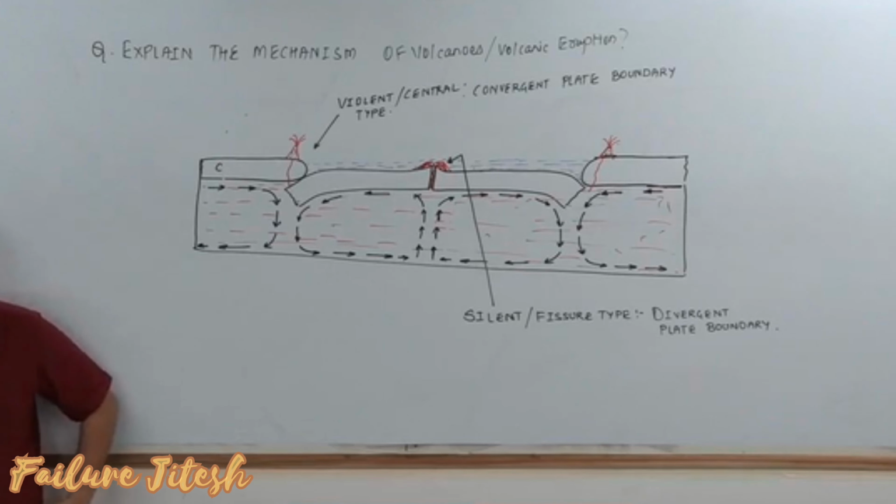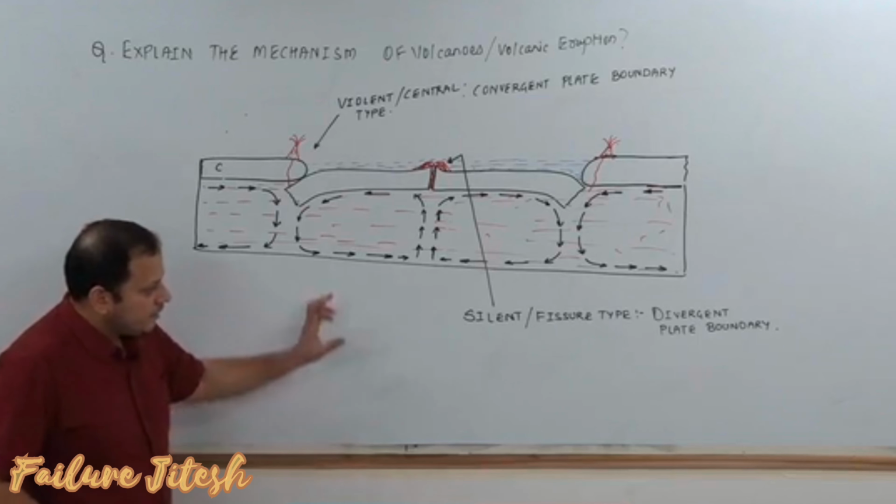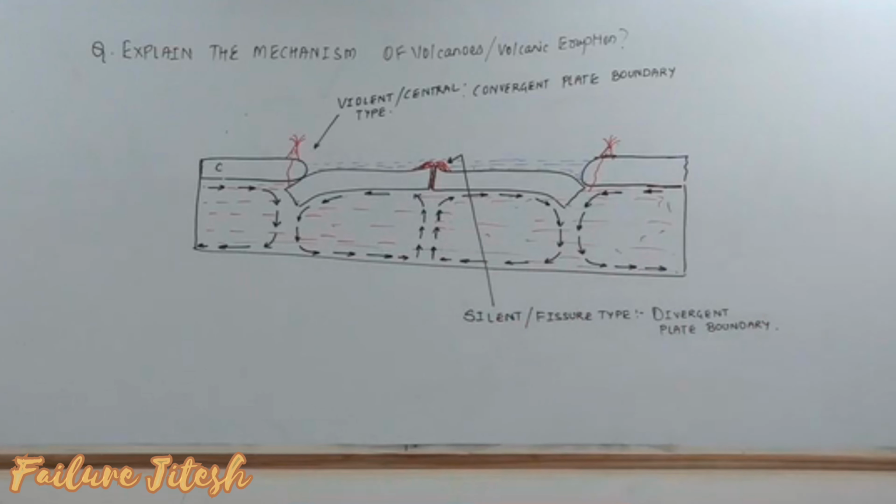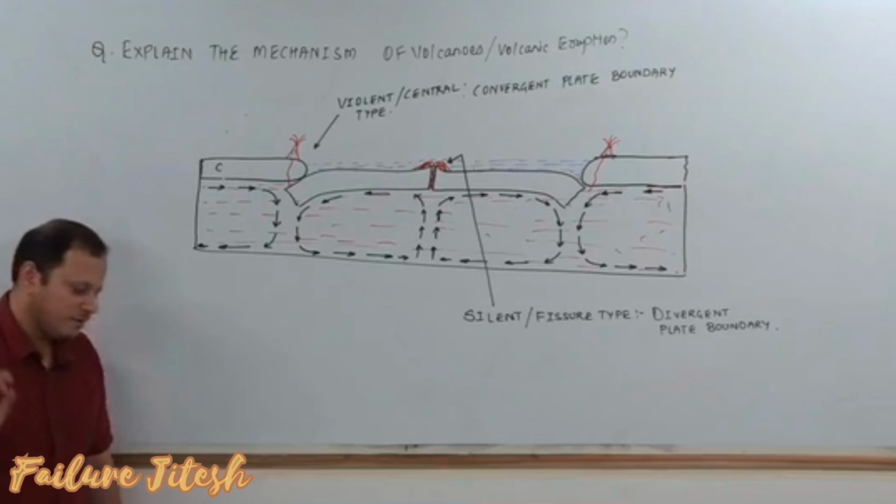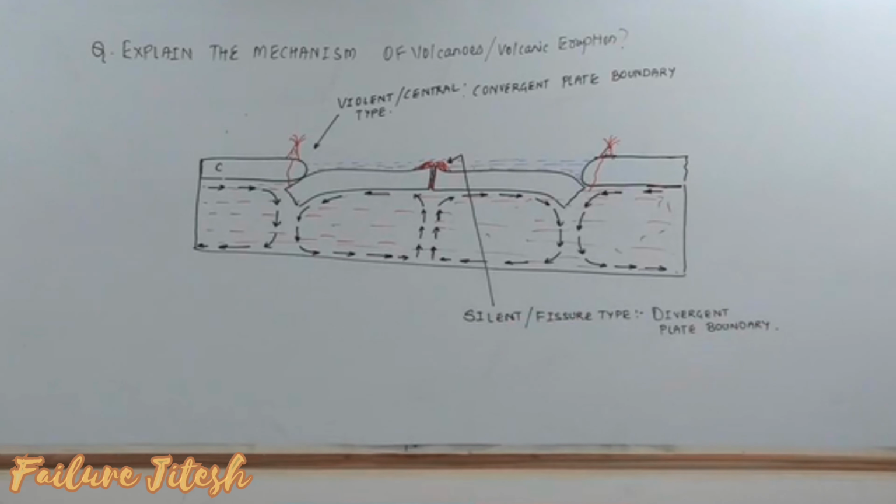Next, fissure type of eruption. This type of eruption is either associated with divergent plate boundaries or faults and fractures on the Earth's crust. Next point. In this type of eruption,